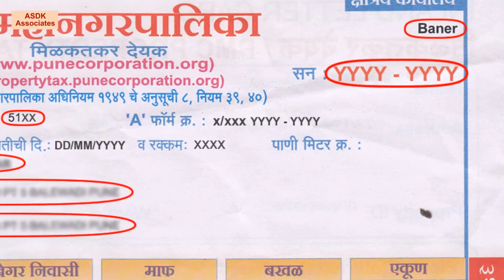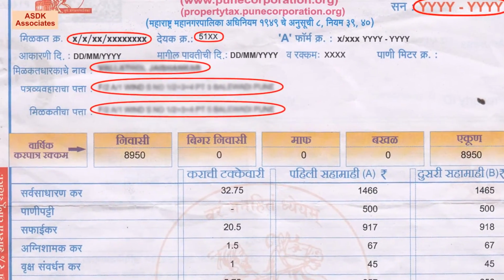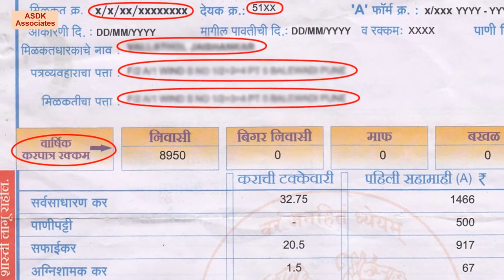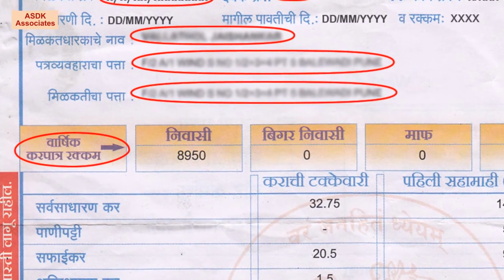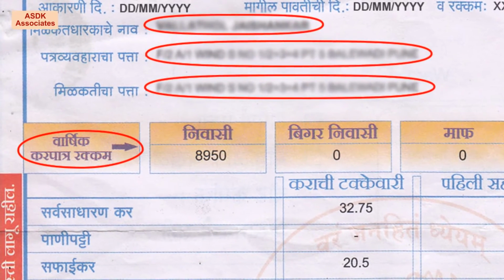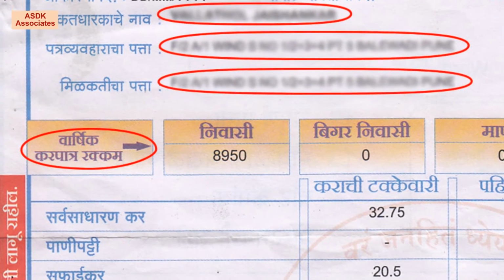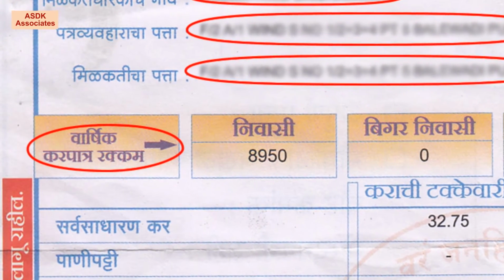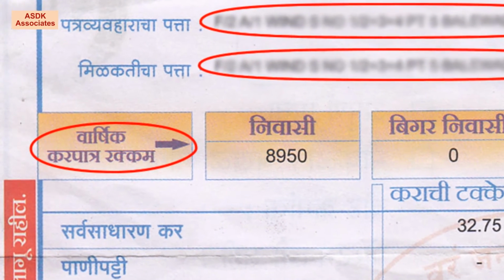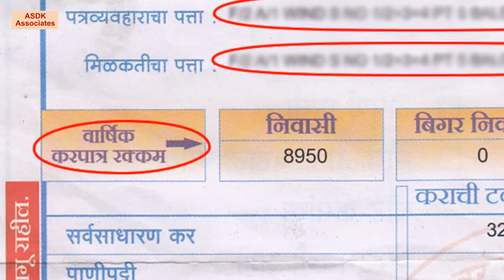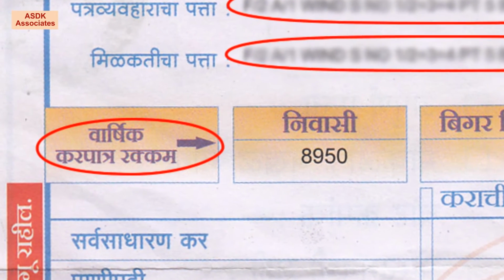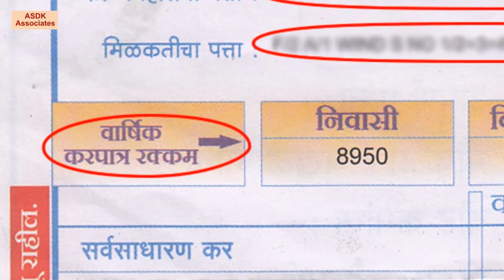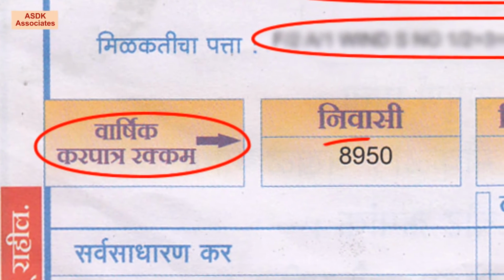Below you will find a table. In the table you will find, serially, first of all, annual rateable value. The annual rateable value of any land or building accessible to property tax is the annual rent at which the land or building might reasonably be expected to be let out from year to year. For rateable value, the basic determinant is the annual rent which the owner may reasonably expect to get if the premises were let out.